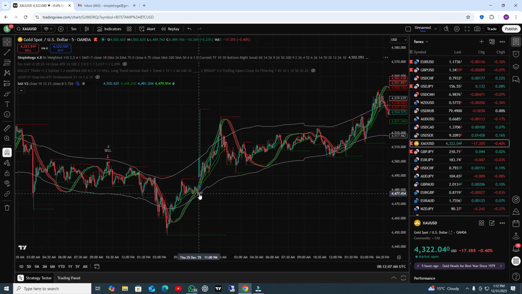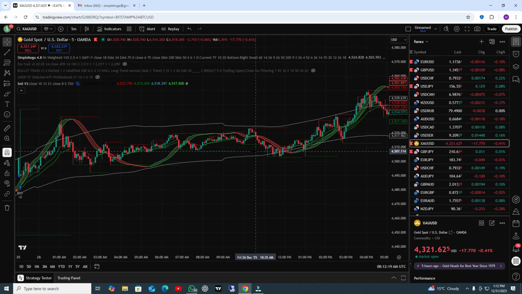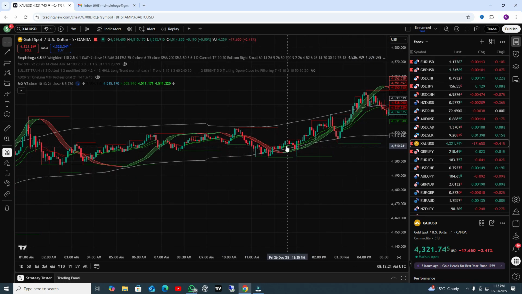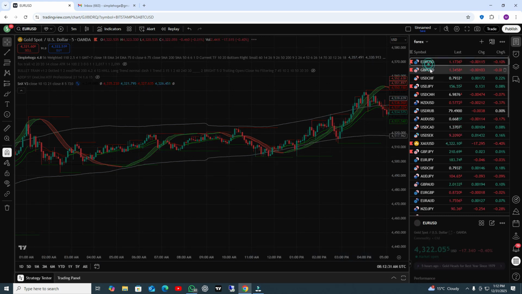Here you can see buy position, take profit, and this is again your buy position because the RSI is coming below from the lower band line and the red line changed to the green one. Here you can see clearly this one buy position. Put your stop loss here and take profit like this one. The indicator name is SNX, and let me show you the results in crypto pairs and some other pairs like Euro USD.